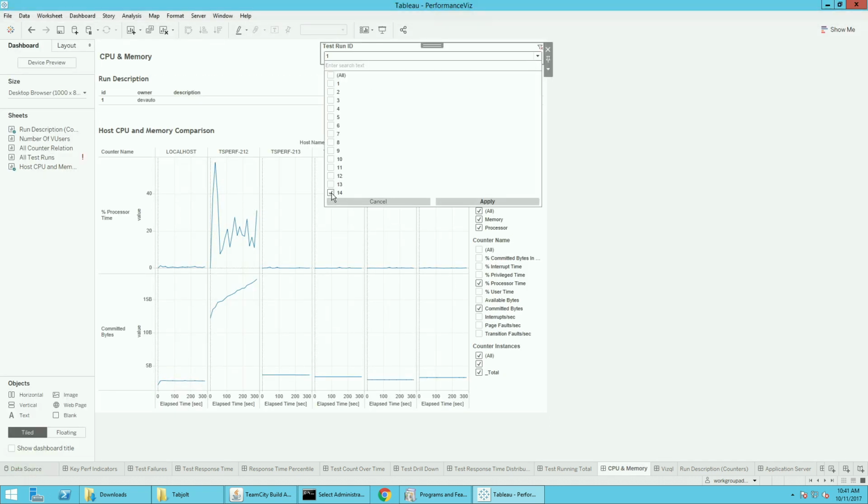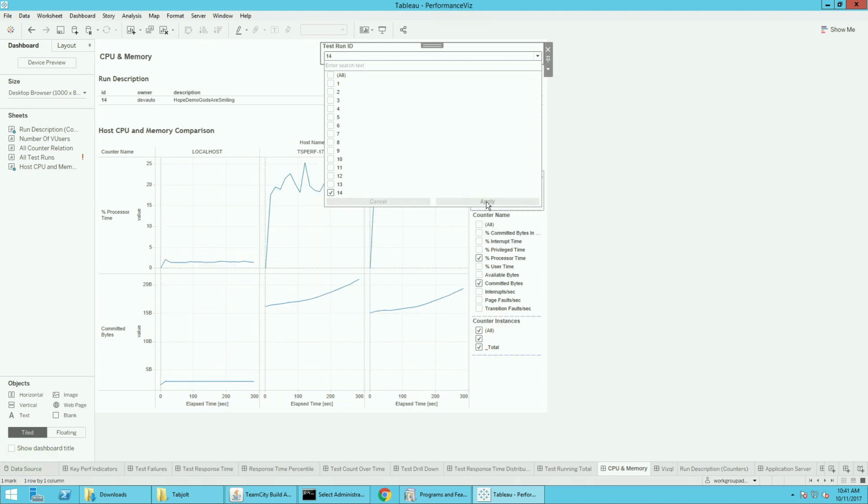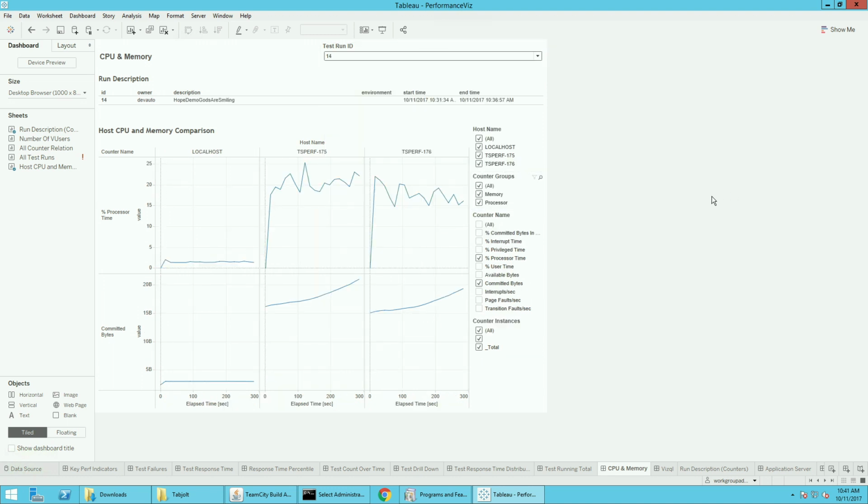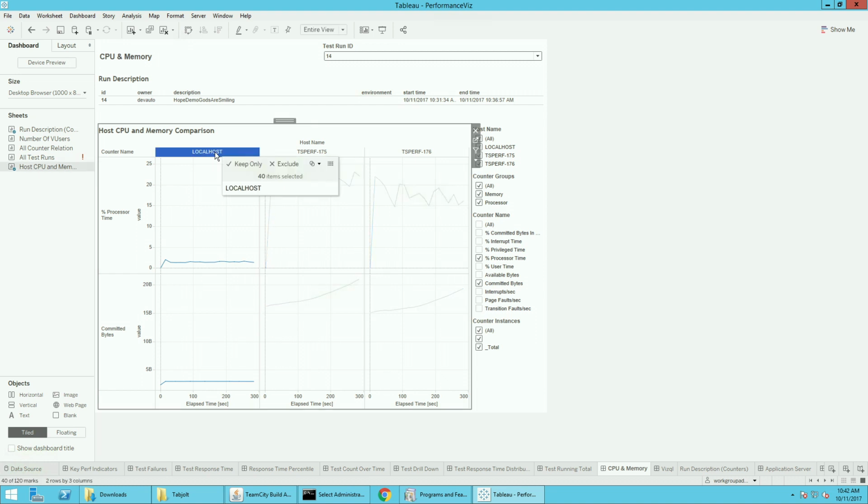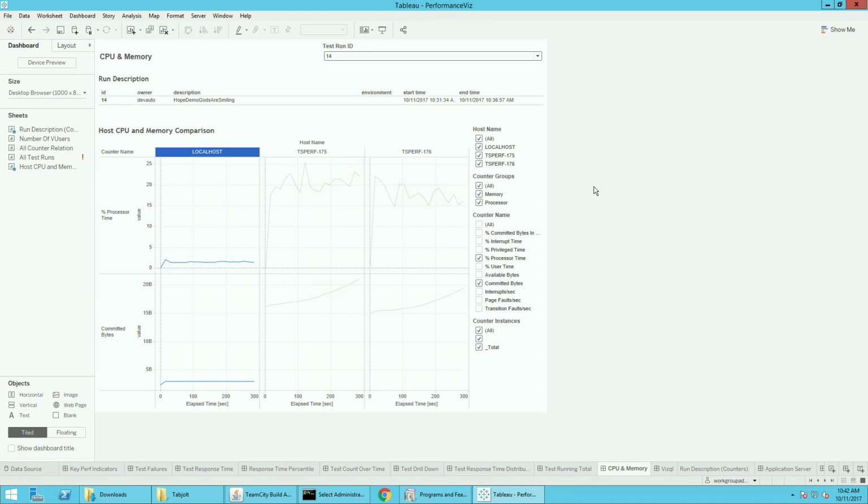So in this case, this one was 14. In my case, the localhost is where I ran my test, which happened to be the Injector. We call it the Injector. Make sure that whenever you run a test, let's say with 1,000 threads or 500 threads,